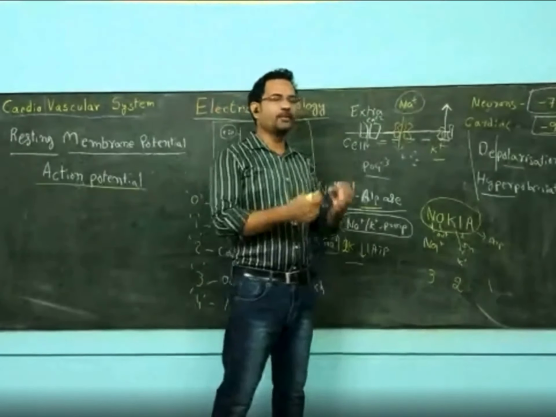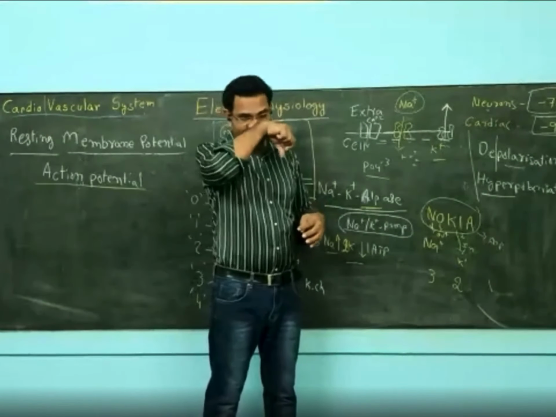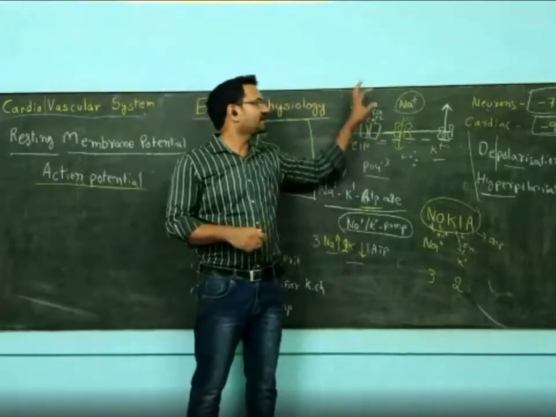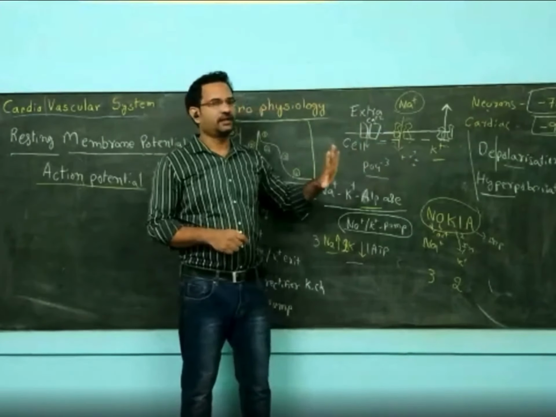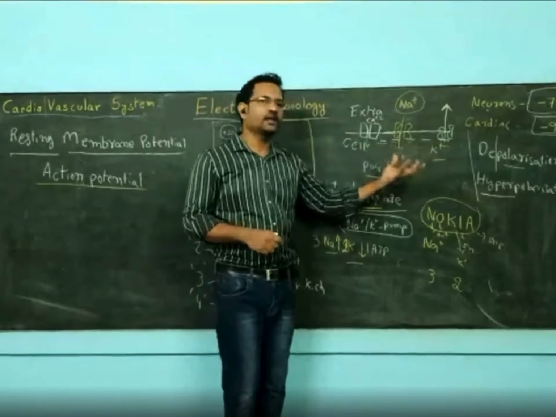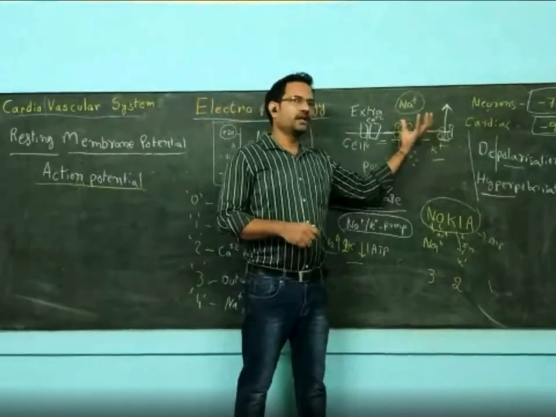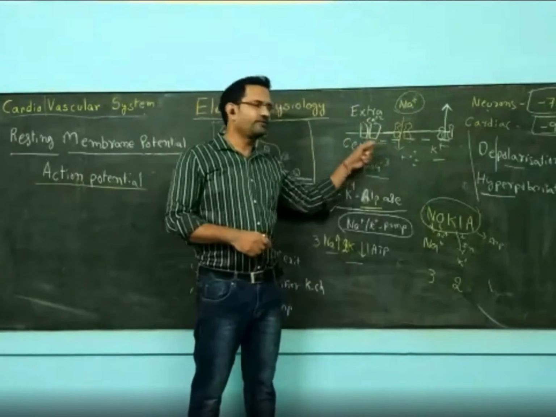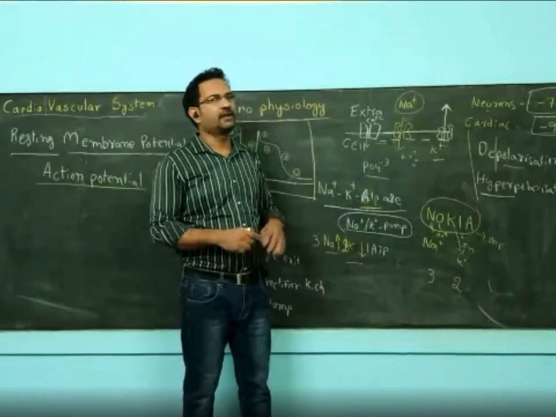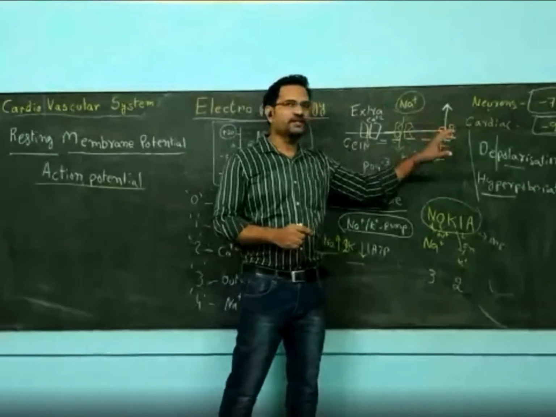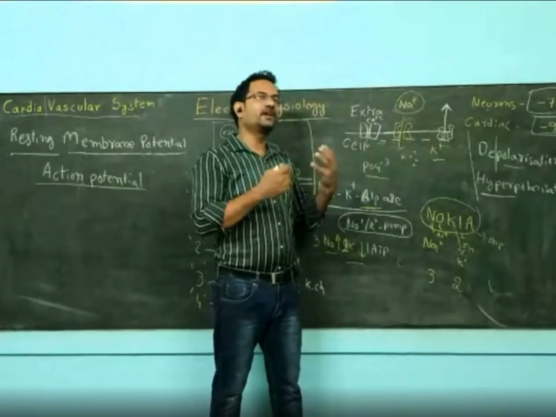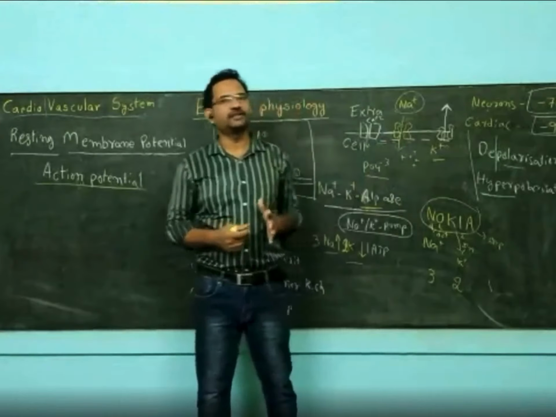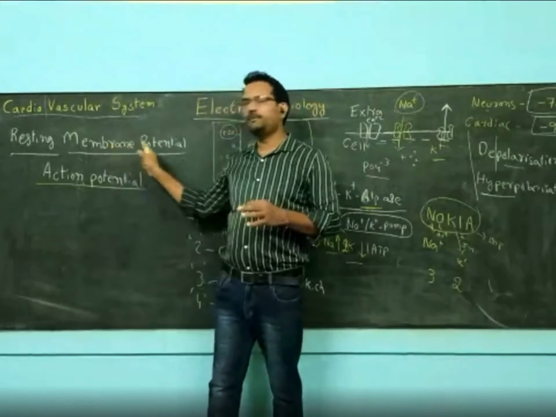We have fixed amounts of ions inside and outside of the cell, the ionic balance. Sodium is an extracellular ion, which means the amount of sodium is high outside compared to inside. Potassium is an intracellular ion, which means the levels of potassium are more inside compared to outside. Inside you also have a lot of phosphate molecules and organic molecules, and they are fixed. Unlike sodium and potassium ions, they cannot move in and out of the cell. Because of these fixed charges, a negative charge is developed inside the cell. That is what is called membrane potential.